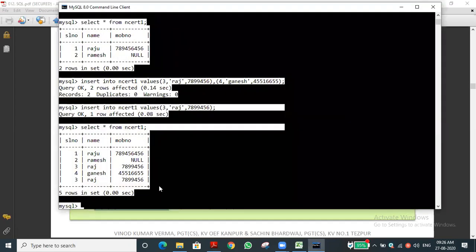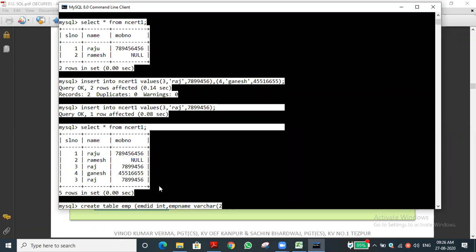How to create a table? Can you say the command? Create table, and the table name. What is the table name? Let me create another one. EMP, employee is the table name. Then the fields. What are the fields? EMP ID, shall I give integer? Then EMP name, that is employee name, varchar of 20. I'm just giving it.